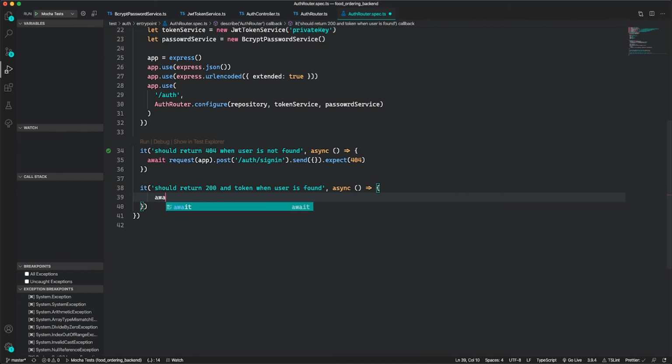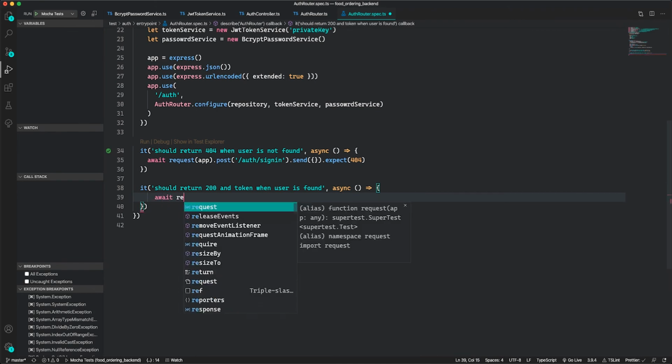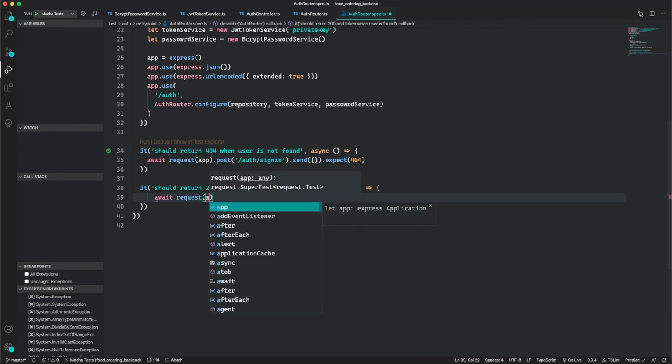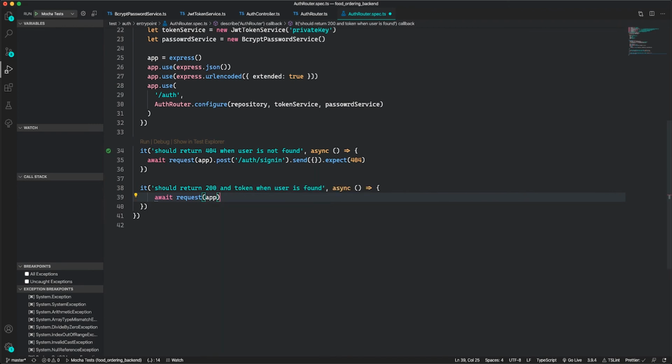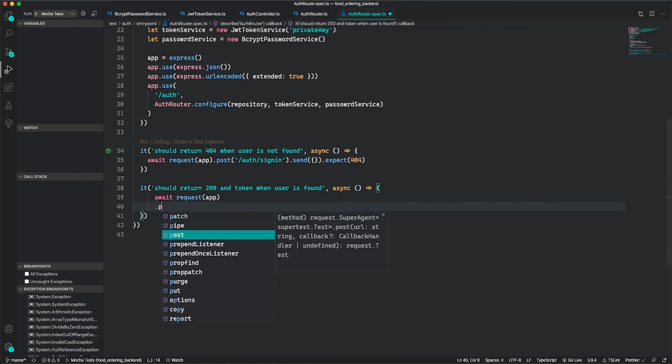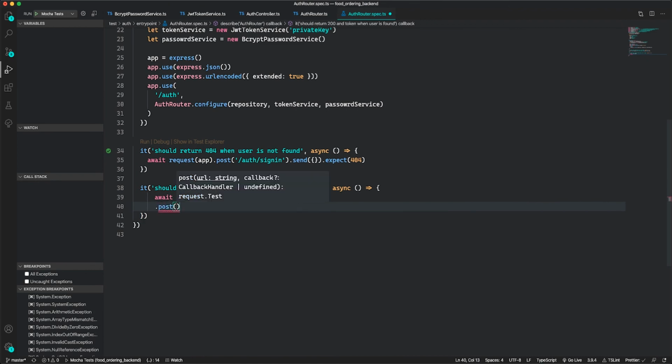So I'm going to say await request, pass in our Express app. I'm going to make a post request to auth sign in,